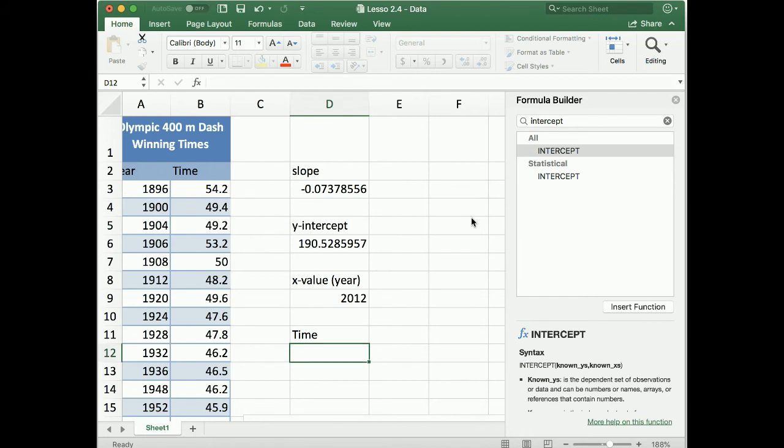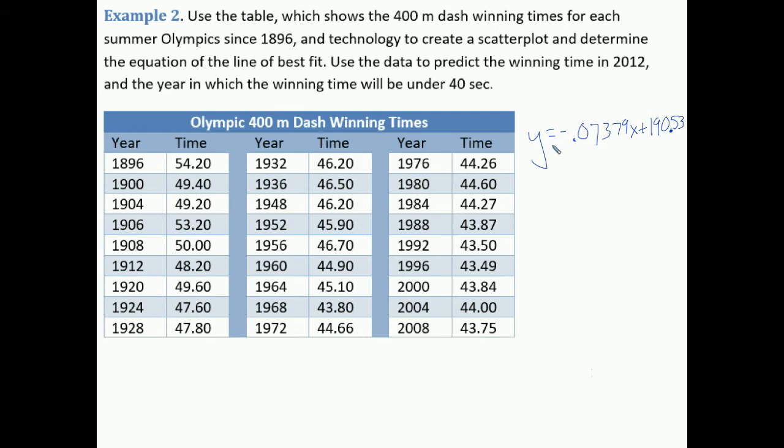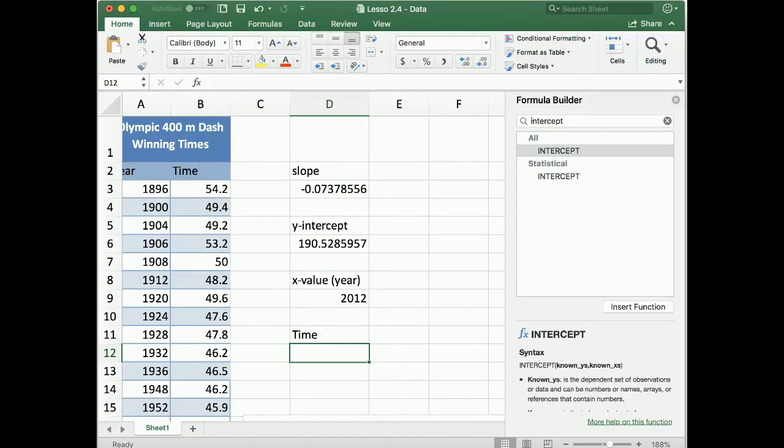What I want to do here is find the time. Well, the time is our y value, and we know that our trend line is y equals negative 0.07379x plus 190.53, which we could do by hand. We could plug in 2012 and figure this out, but we can easily use Excel to do this, and we can even do more. So what is the time going to be? Well, the time is going to be the equation of that line. So I'm going to make a formula here. It's going to be equals,